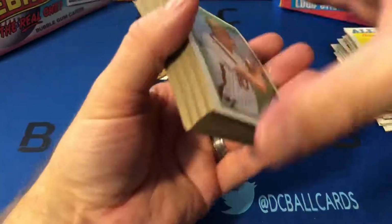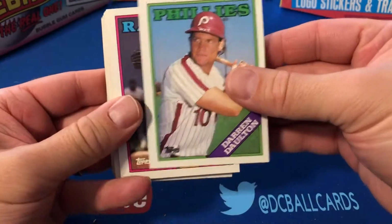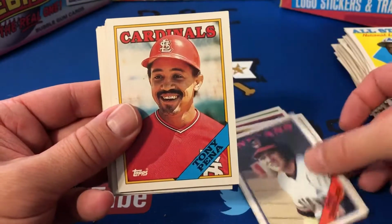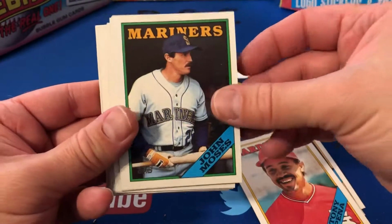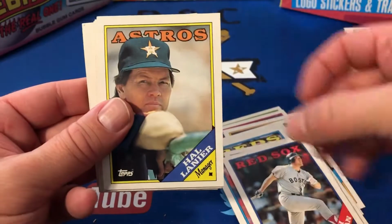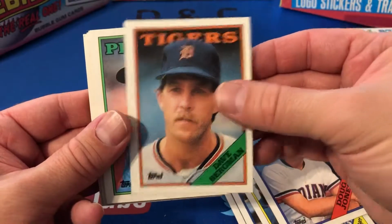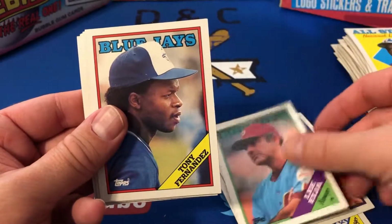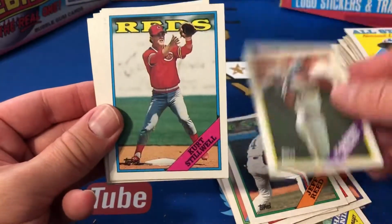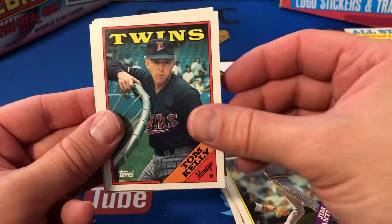All right, we got two more handfuls, I think, here. So this is next to last batch of cards. Darren Dalton, Ed Correa, Bill Dolly, Pat Tabler, Tony Pena, John Moses, Terry Francona, Benito, Rich Gedman, Hal Lanier, manager, Doug Jones, Dave Bergman, Lee Aaliyah, Tony Fernandez, Jeff Reed, Ernie Riles, Kurt Stillwell, Ken Gerhart, Jim Gantner, Tom Kelly,